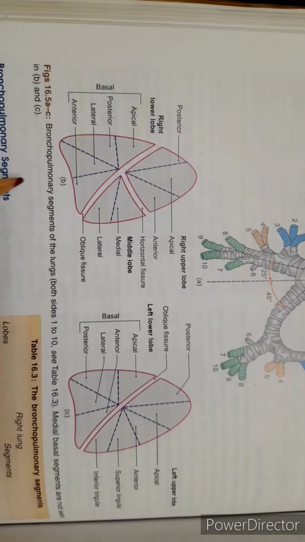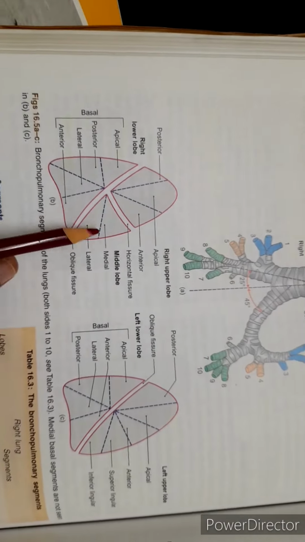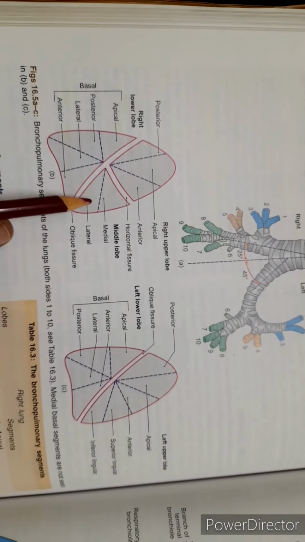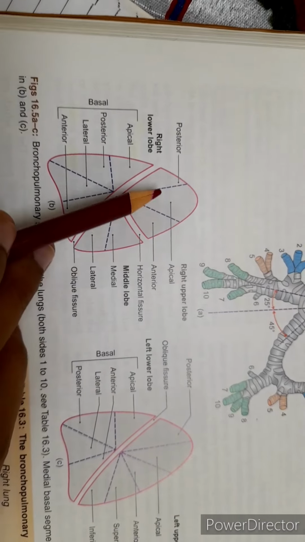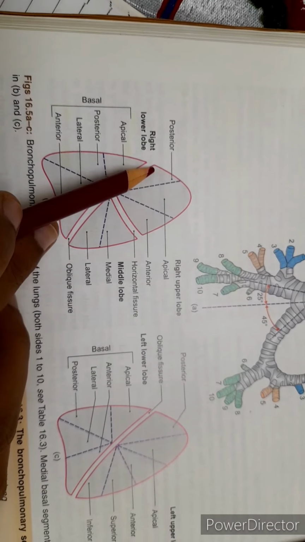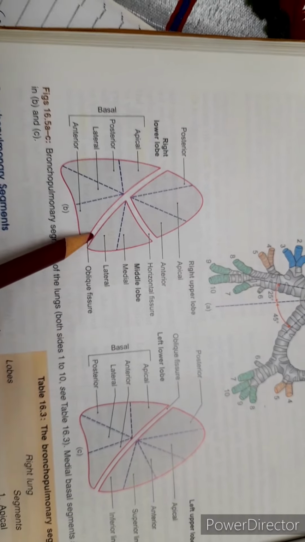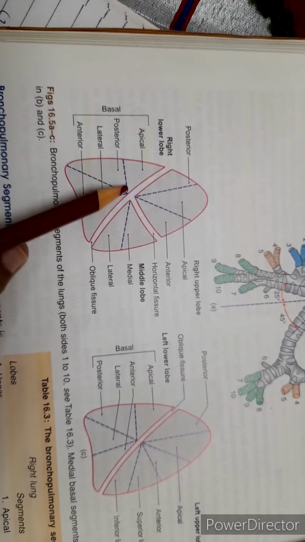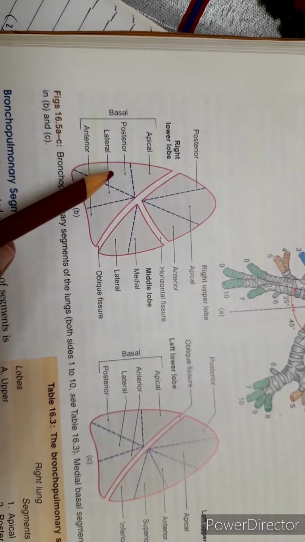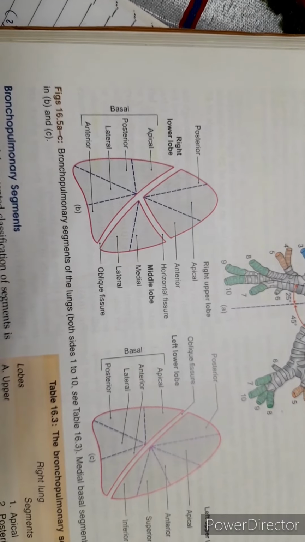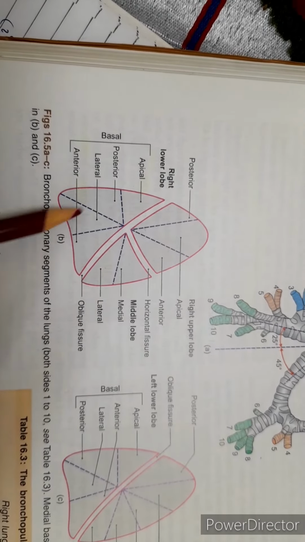So the bronchopulmonary segments of the right lung are, since it has 3 lobes, right upper lobe, middle lobe and lower lobe. Upper lobe has 3. The right upper lobe has apical, anterior and posterior bronchopulmonary segment. The middle lobe is divided into medial and lateral, and the basal or the right lower lobe has apical, posterior, lateral, anterior, and one more is there, which is medial basal segment, which is not visible from the